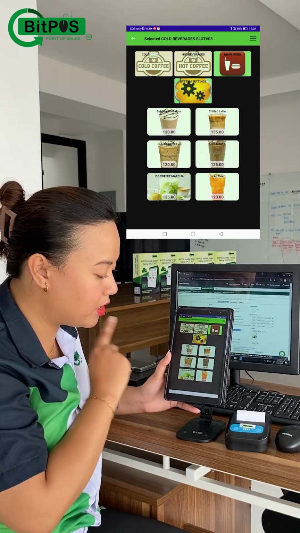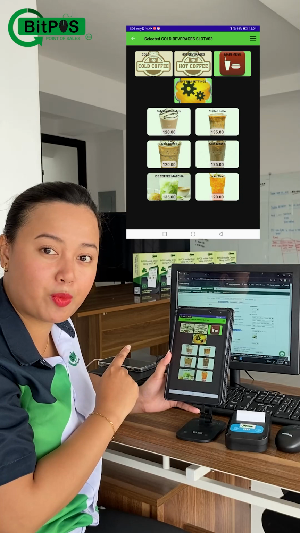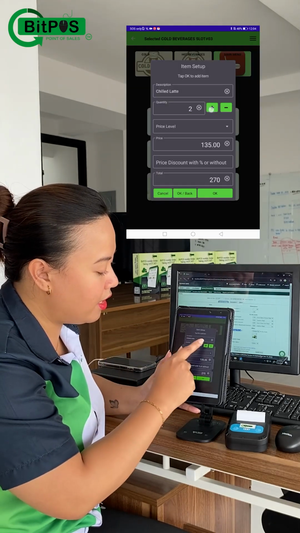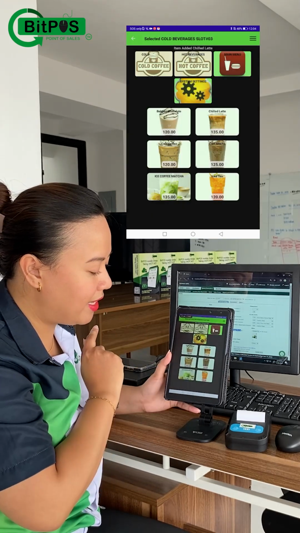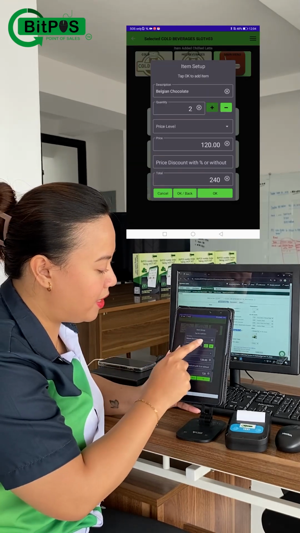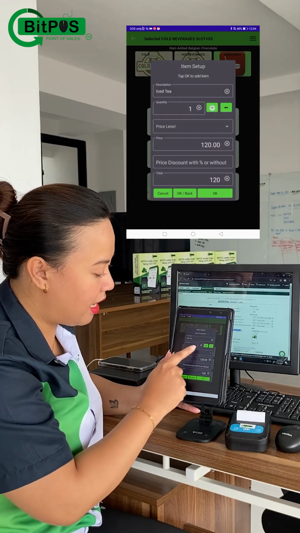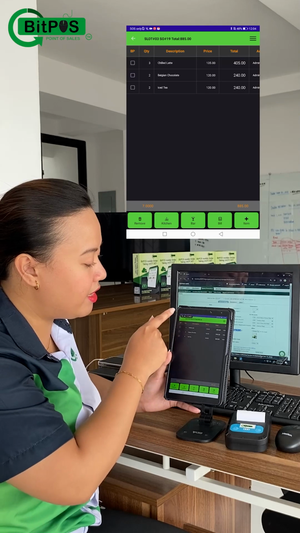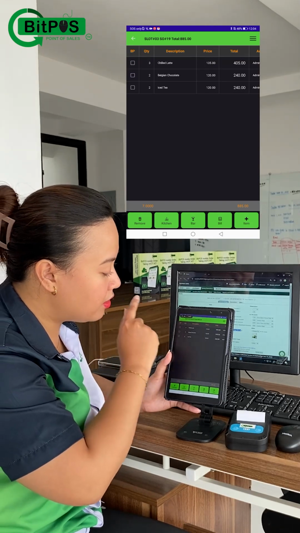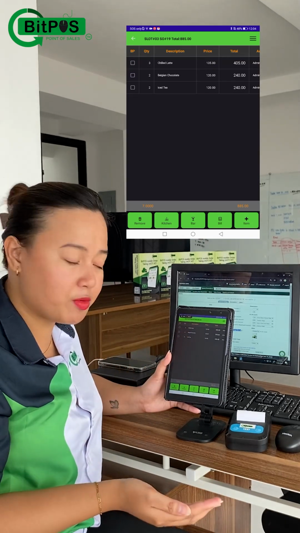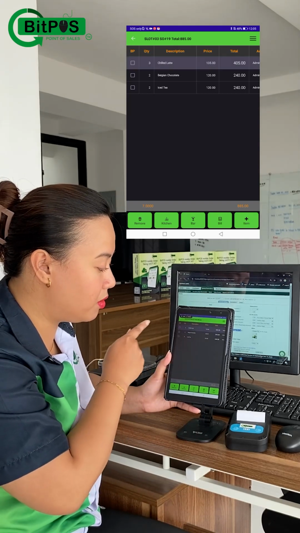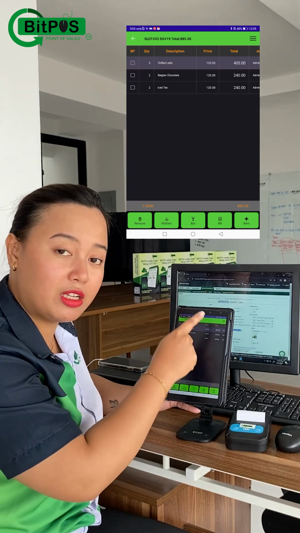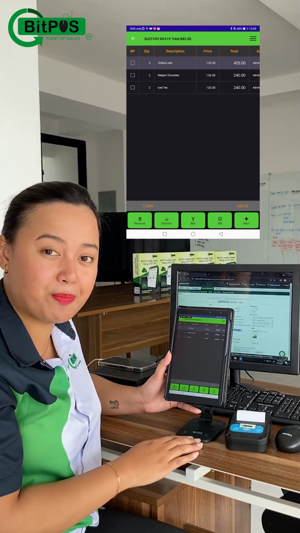These are the list of products that I have with their corresponding prices. So if I tap chilled latte, I just tap on the quantity of how many they want to order, and then tap OK. Then add many more, and then add iced tea, and then tap OK/back, which gives me the idea or the summary of the orders of my customer. You can actually see the quantity available on hand. We also see the price, and on top is the total amount, which is 885 pesos.